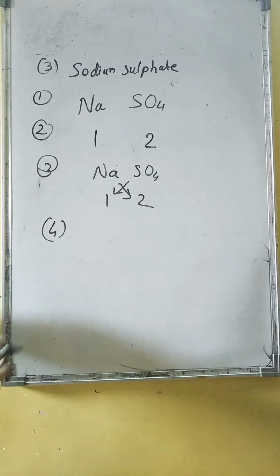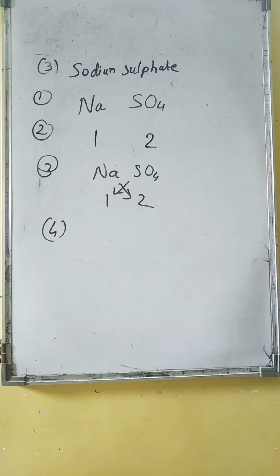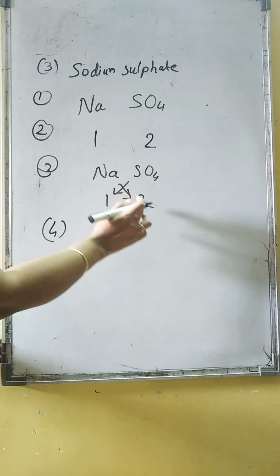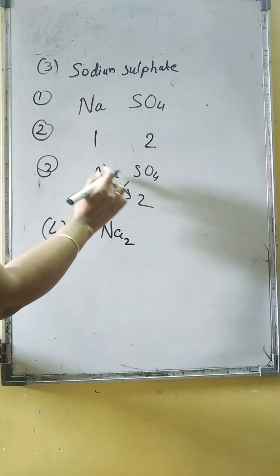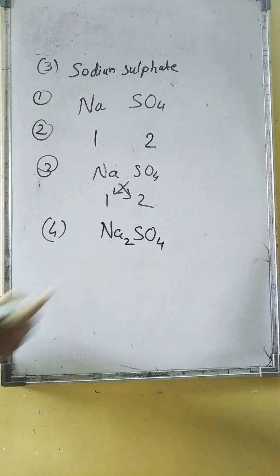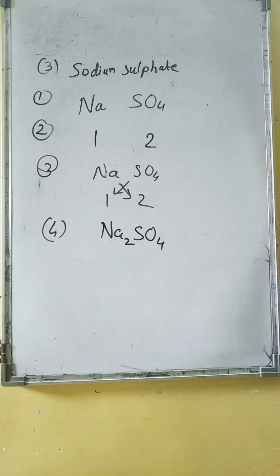See here, if cancellation is there, suppose they have 2 and 2, then you can cancel out and write the reduced form. But here nothing is possible, so we will write down Na, and then with the cross multiplication 2 comes. So Na2 and then SO4 1. So 1 we won't write, so directly SO4 comes. Right? Clear? So this is how you are going to show the fourth step.